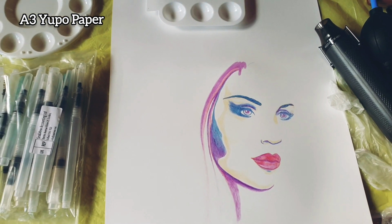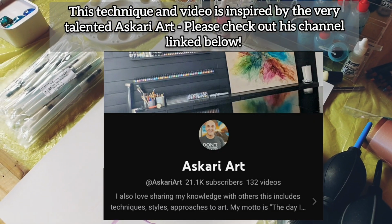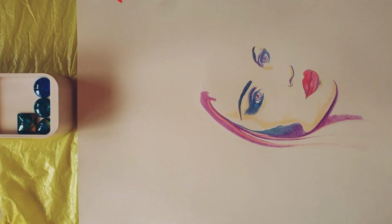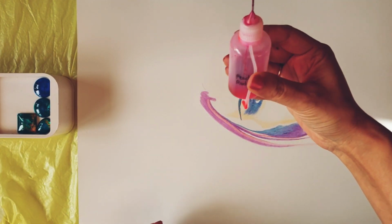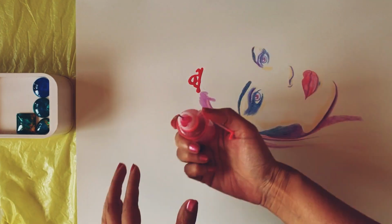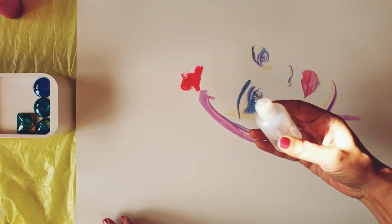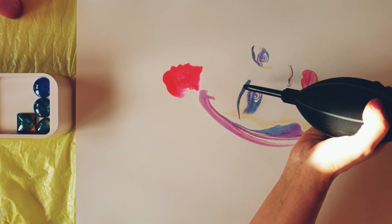So let's get started. Again, I've not done this before, it's a very new thing for me, so hopefully it will work, but let's just see. Time to experiment. Okay, let's do it. So I'm gonna start with the Let's Resin Peach Red, okay? And I'm gonna put some of that probably here. Put that over there. I'm gonna put some of that on there. And I'm going to just see if I can